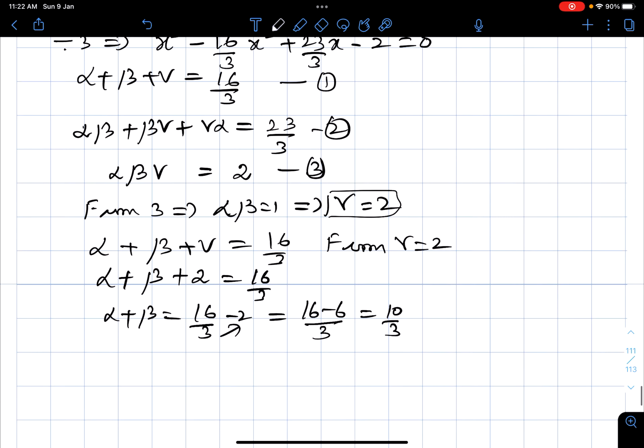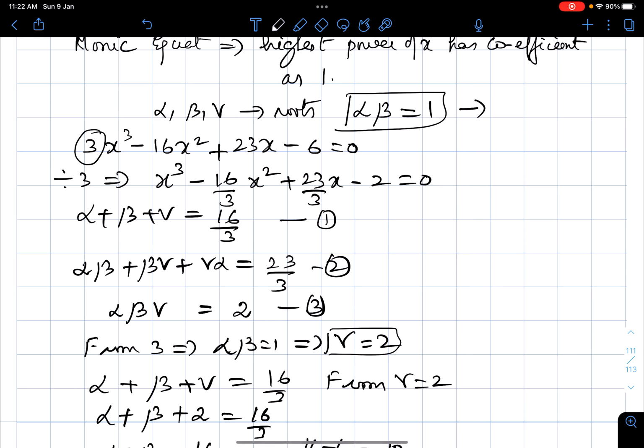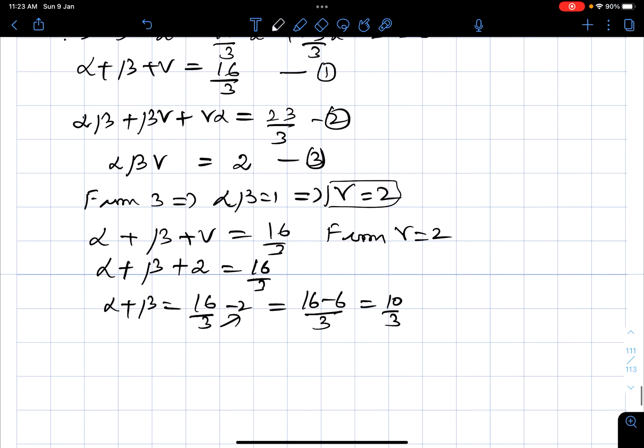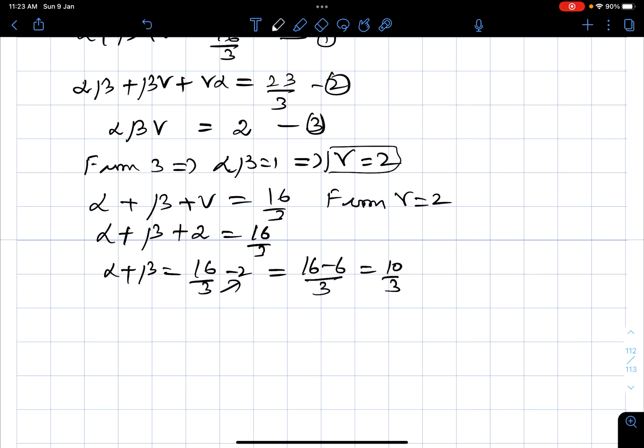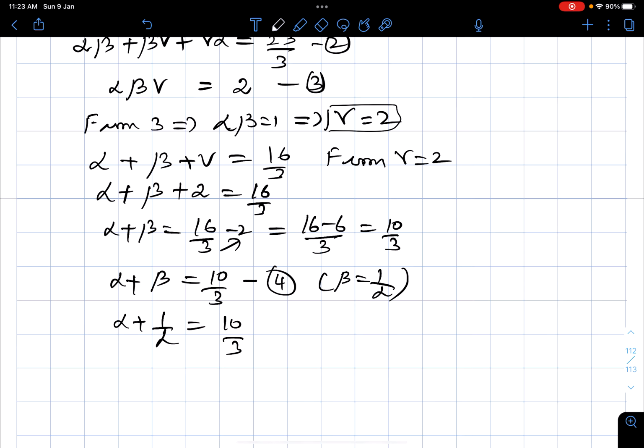Okay. And then from this equation, we are given this condition, isn't it? From this, you can take alpha or beta, any one. So when you bring alpha to the other side, beta equal to 1 by alpha. So this also you can take as one result. Substituting this in this equation, what is this actually? Alpha plus beta equal to 10 by 3. You name it as 4. So substituting in 4, instead of beta, you are going to put alpha plus 1 by alpha, since beta equal to 1 by alpha we have already got, equal to 10 by 3.